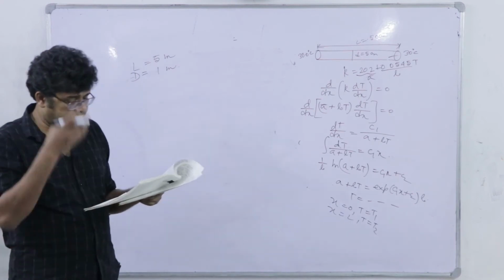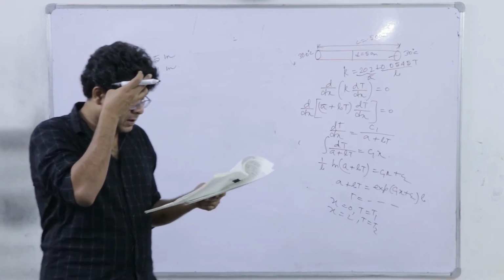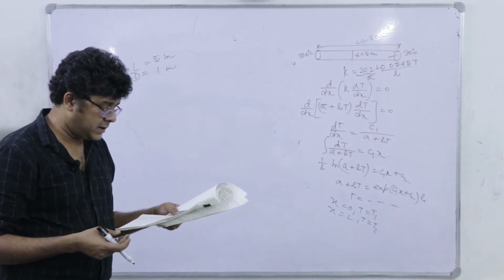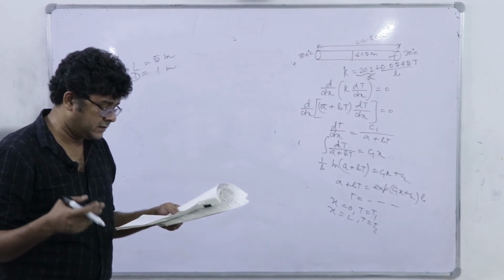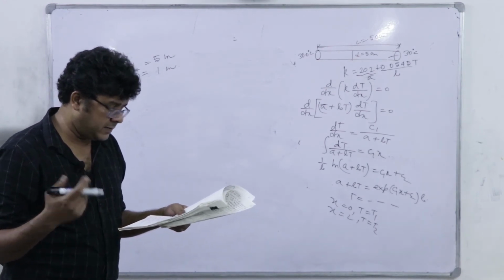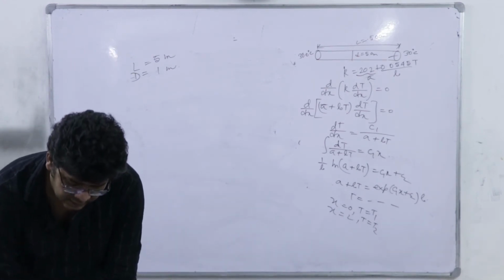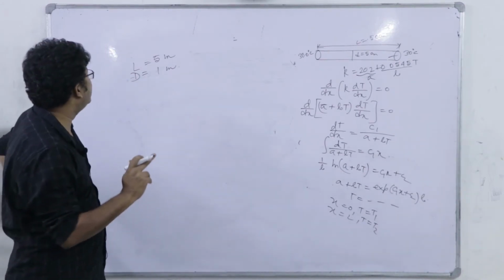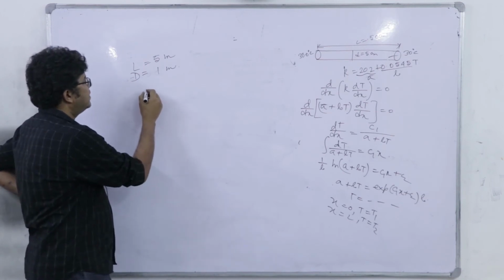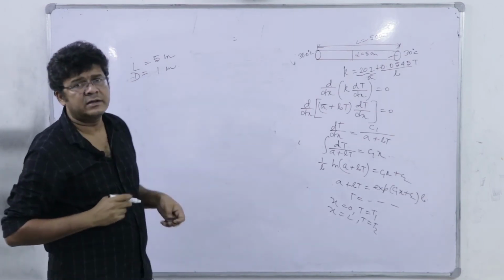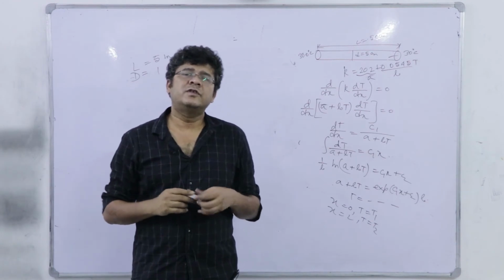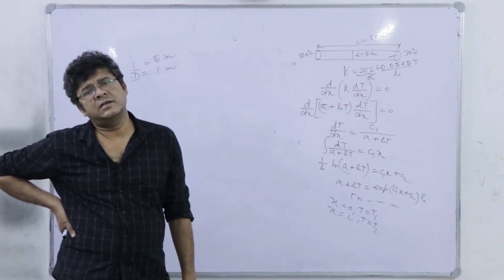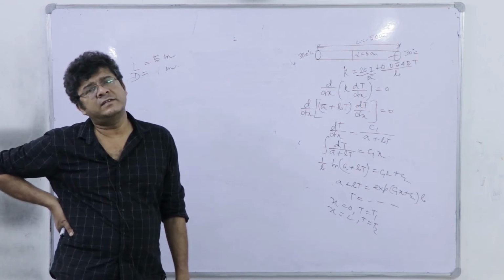The best arrangement: vertical heat exchanger with steam in the tube side, vertical heat exchanger with steam in the shell side, and similarly horizontal heat exchanger with steam in the tube and steam in the shell. The point to be noted here is that condensing liquid, we should never give in the tube side. What is the reason?